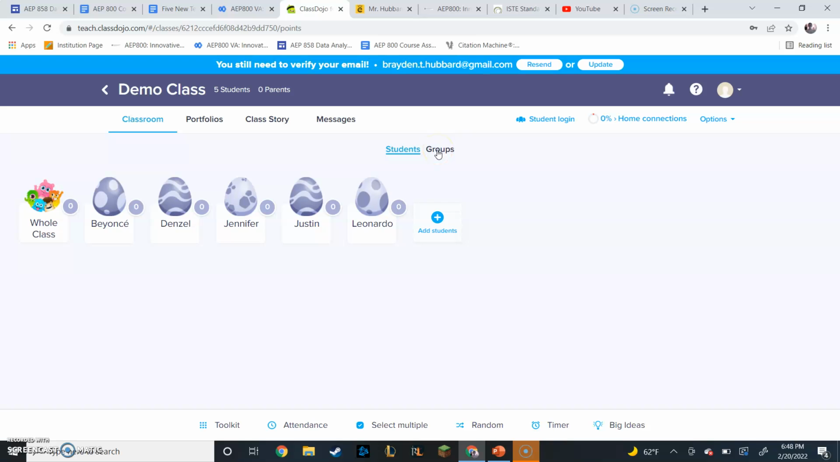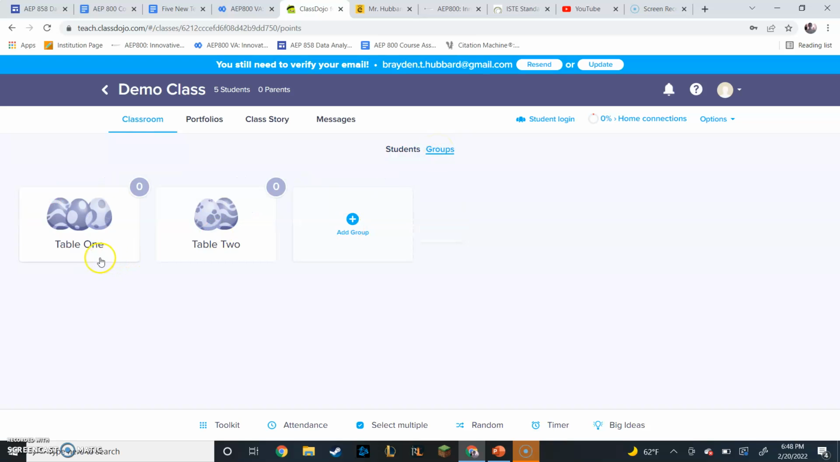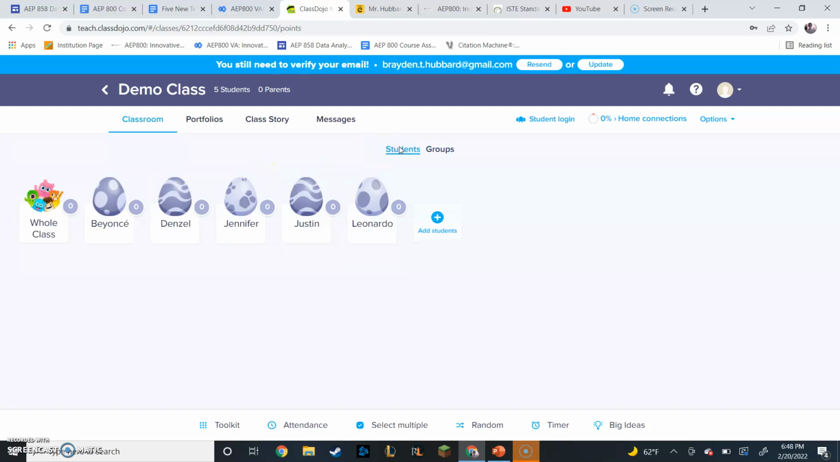Up here you can see students and you can see groups. I can come here and I can split them into as many groups as I want for a breakdown and whatever kind of fits your classroom. So